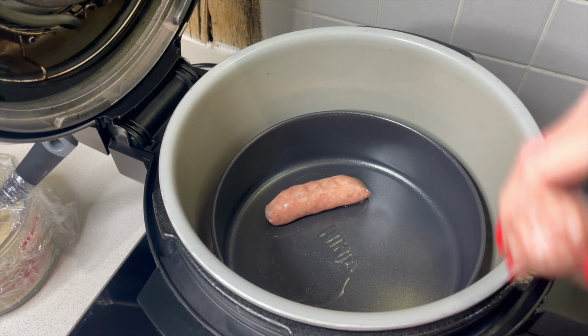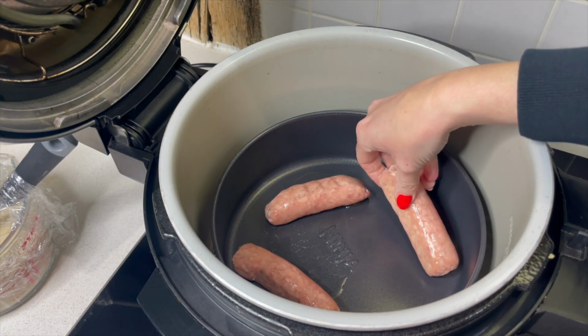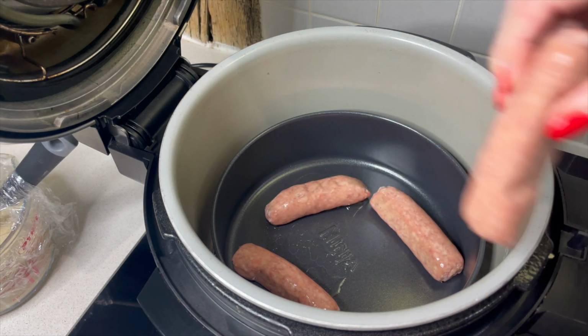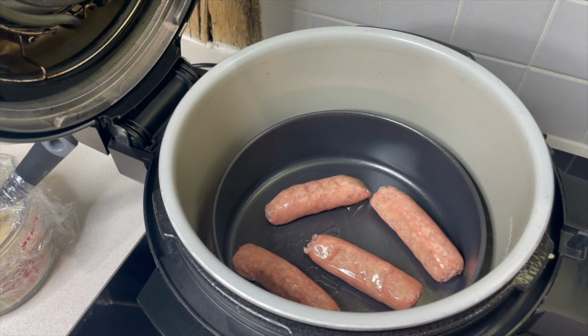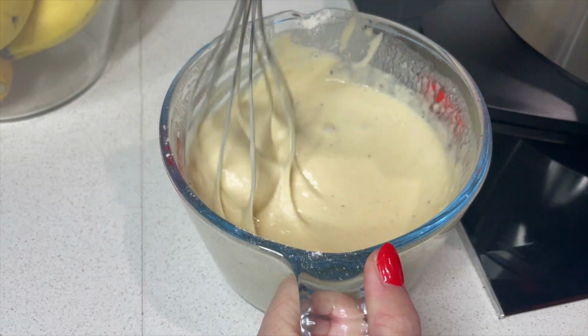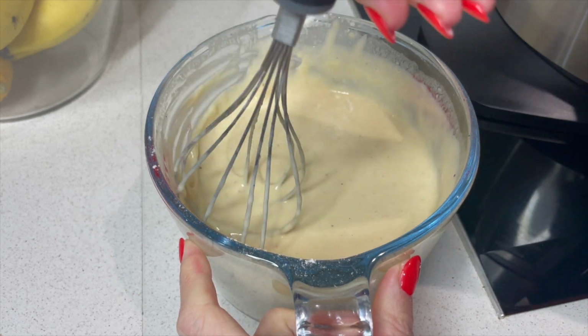So in the bottom here, I've just got the small rack, the one that is the lowest, so that we've got plenty of room for some rising Yorkshire. So sausages in. We're going to air fry these now on 200 for about 8 minutes. Whilst the sausages are air frying, getting partly cooked,